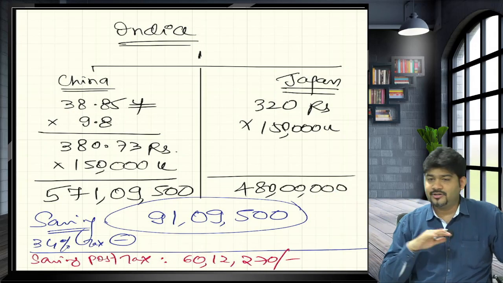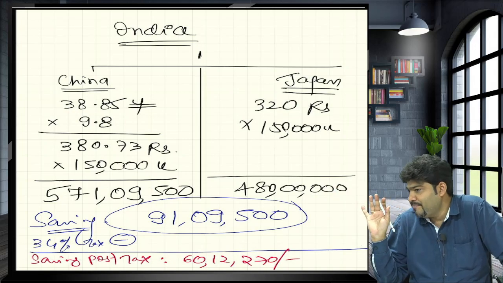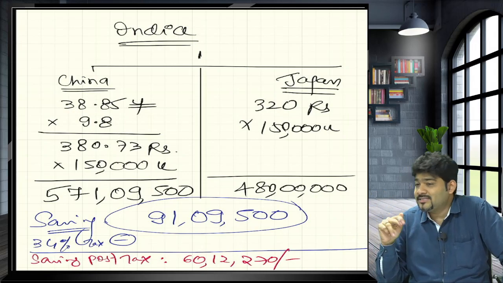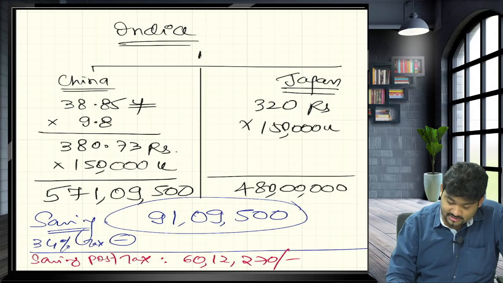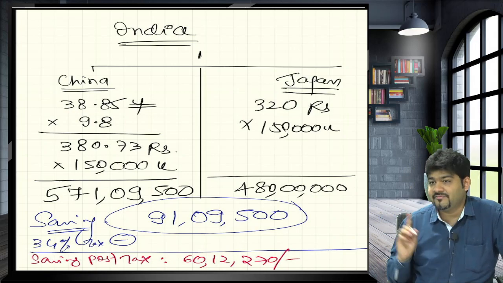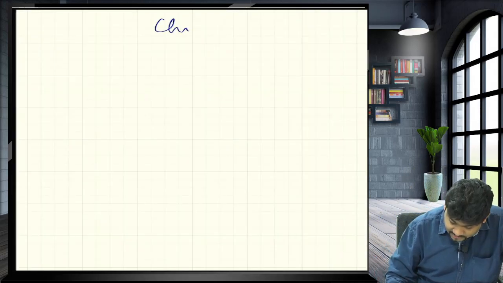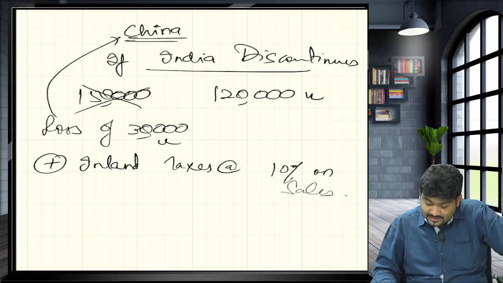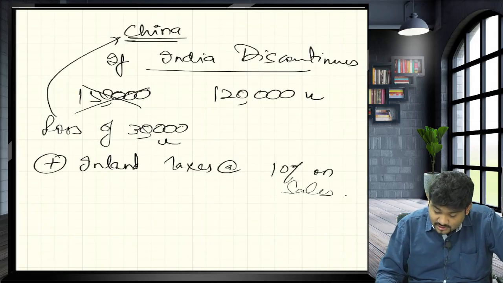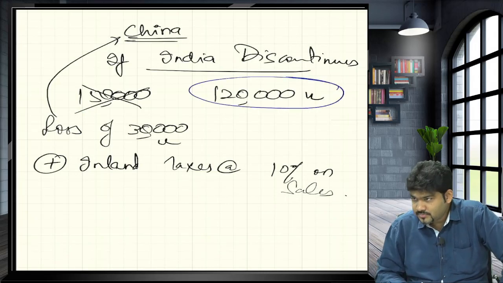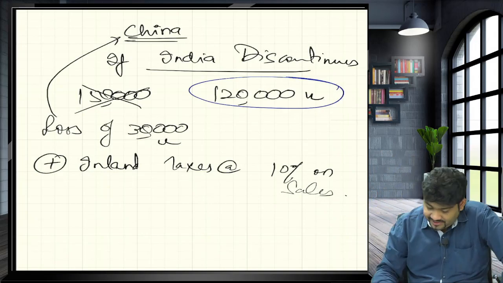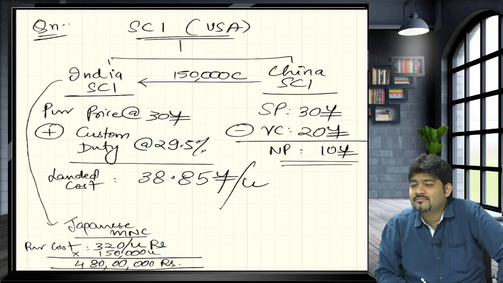So we are, in short, discontinuing our ties with China. So who is going to face that loss? China is going to face the loss. So let's calculate the Chinese loss. Will you guide me the same way? Yes. Now if I shift away from the Chinese subsidiary, what are the losses that they are incurring? Instead of selling 1,50,000 units, how much are they able to sell? So can I say net 30,000 units they are losing? For every unit how much were they earning?